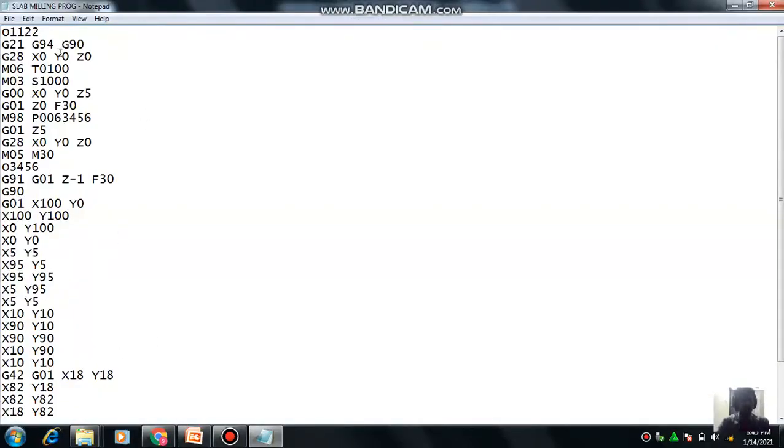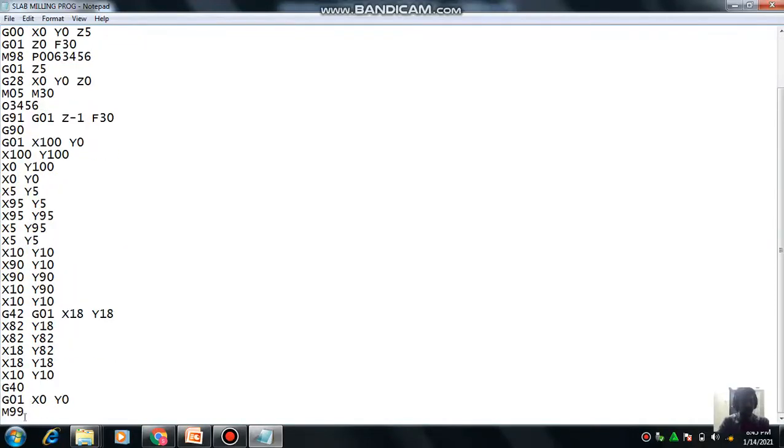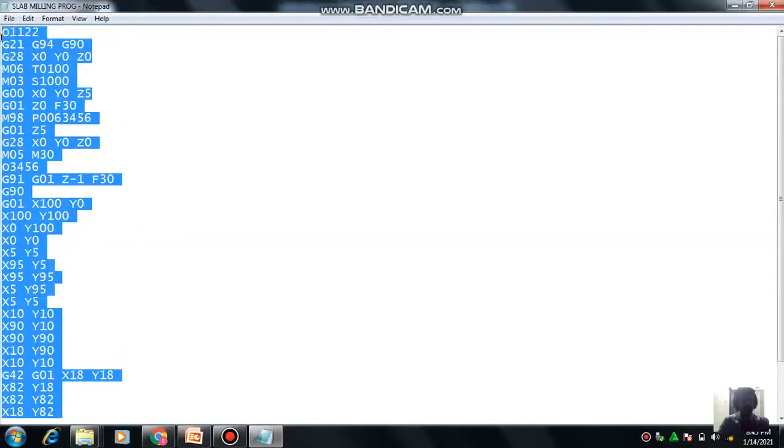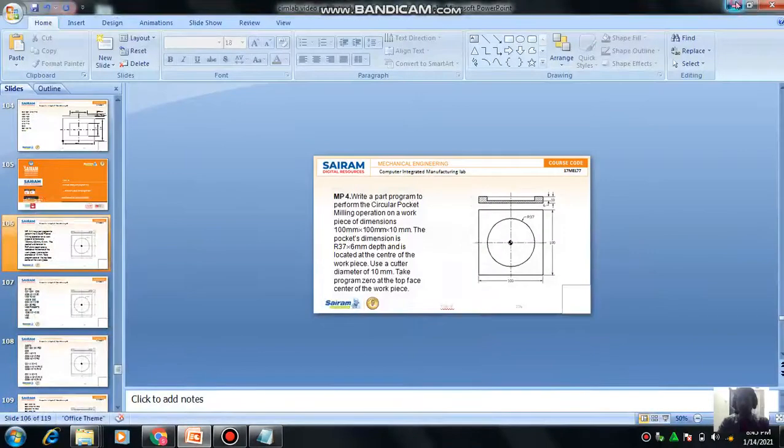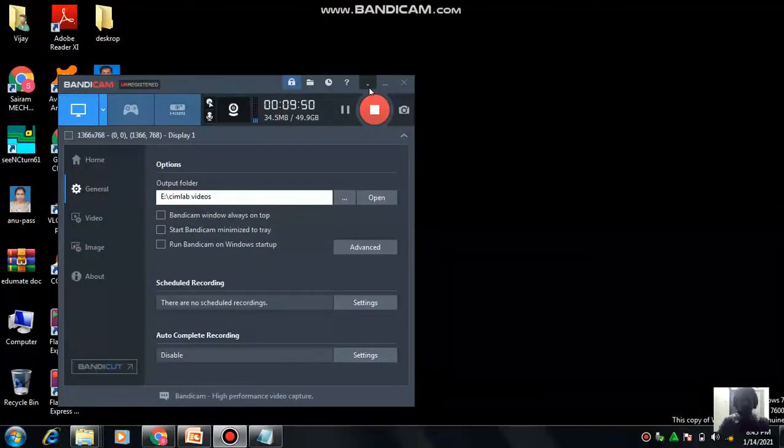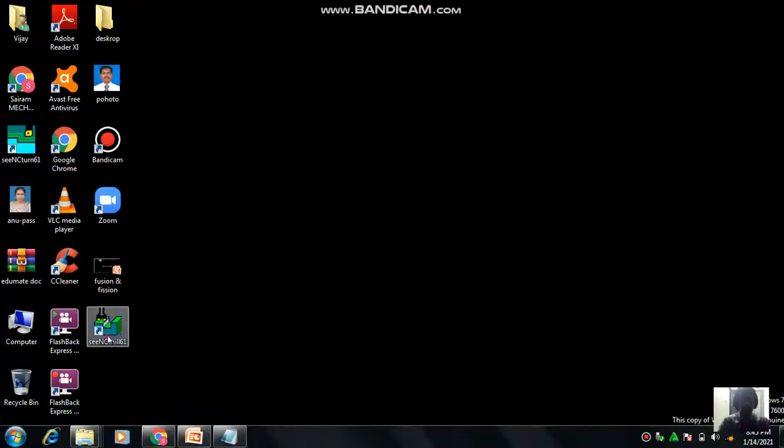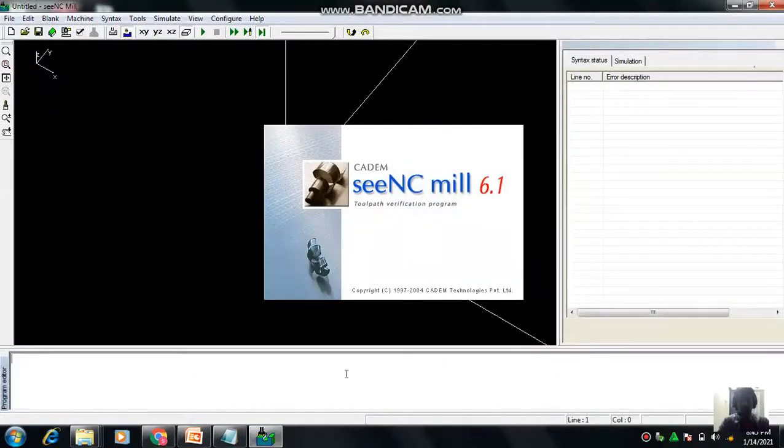You have to write it fully, and this has the main program and the subprogram, but they are not separated. We need not write separately line by line, you can write continuously. To understand the concept, you can make a space, but for copy paste it is not needed. So Control C, I am going to copy this, and I am going to use this in the milling. Just open the milling operation.